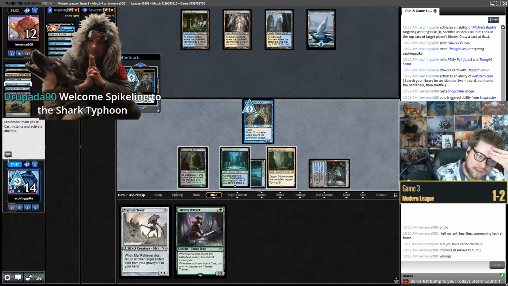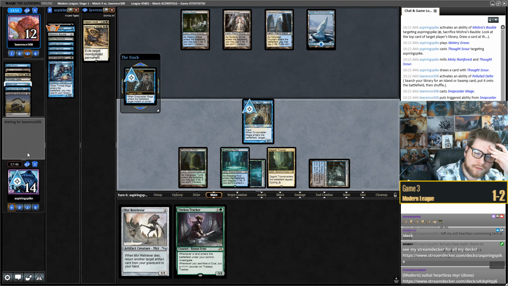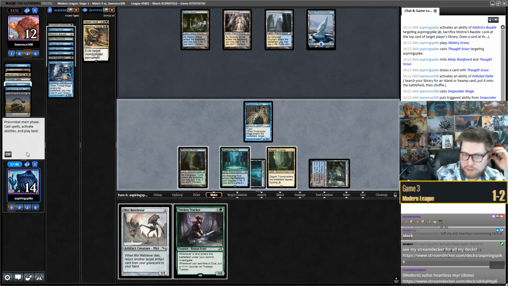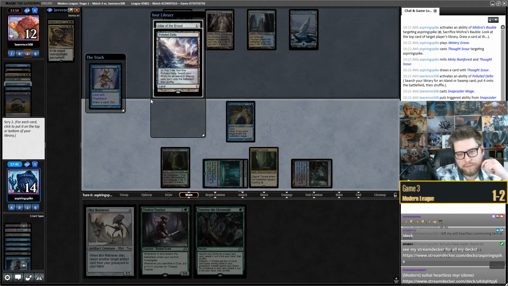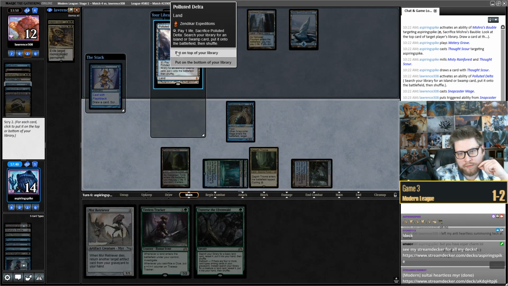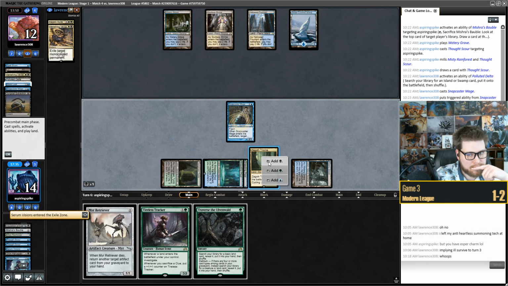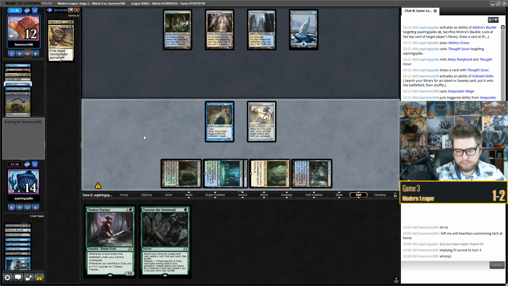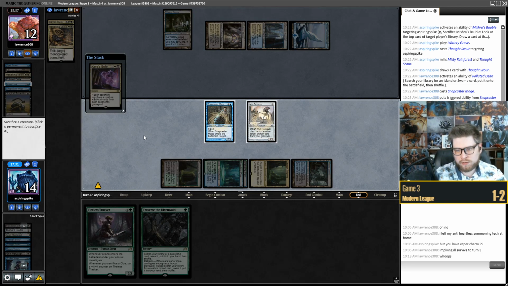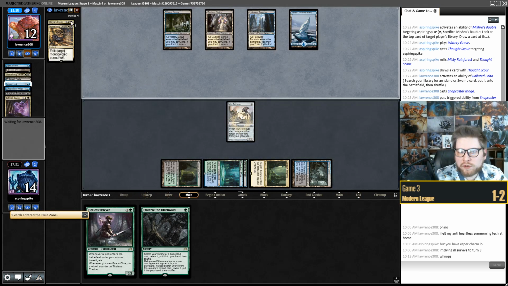Probably gonna go Kaya's Guile, exile my graveyard, sack my Snapcaster. So maybe I should have gone for Snapcaster. Oh, they're not? Awesome. Bottom, top, just cast Myr Retriever, I think. We do have a Bauble in the yard. Sack a creature. Yeah, I'll just stack the Snap. They have Vanishing Verse,